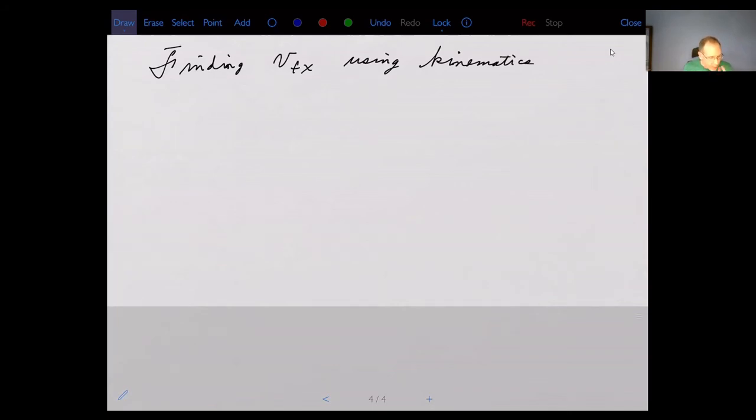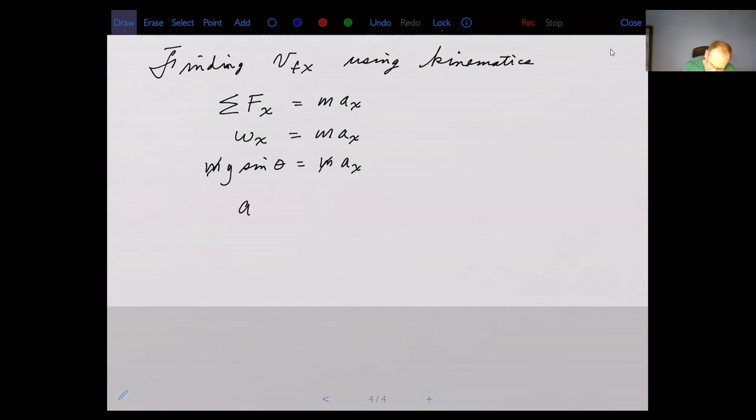Okay, how do we do that? Well, the first thing, and this is really important, the cart is undergoing a constant acceleration as it goes down the air track. How do we know that? We could actually just use Newton's second law, right? We could say that the sum of the forces in the x direction, which is, remember, down the track, is equal to max. Well, the only force acting in the x direction is the x component of the weight, so that equals max. But the x component of the weight was mg sine theta. That's equal to max. And then if I cancel the m's here, I find that the acceleration is g sine